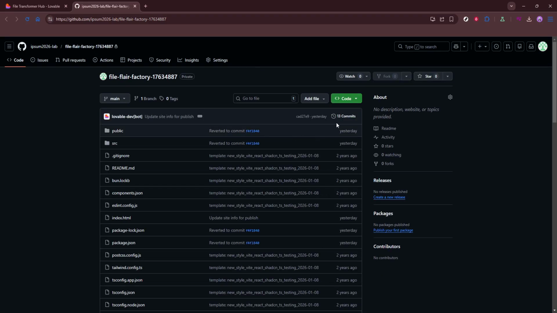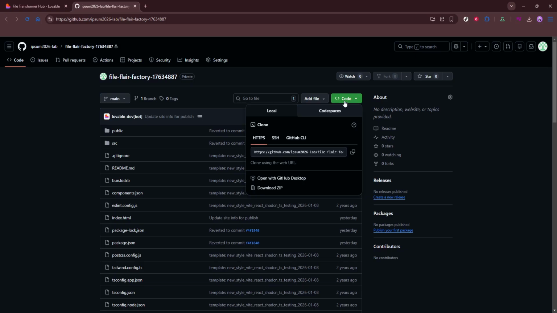On the GitHub repository page, click the green code button. From the drop-down, choose Download Zip. Your browser will download a zip file containing the full source code and folders. After the download completes, unzip it on your computer. You'll have everything you need in one place, ready to open in your preferred IDE, commit to a different repo,